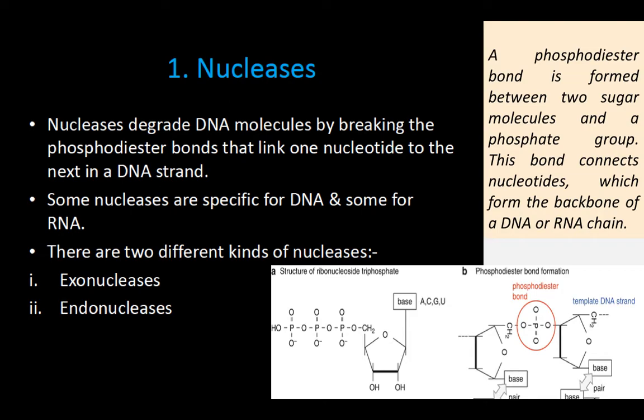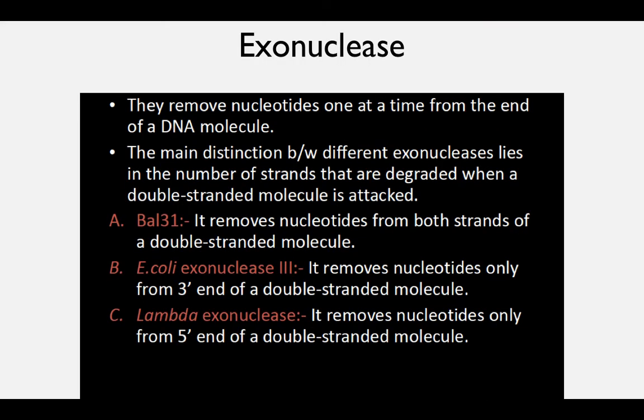What is the meaning of the word exo? Yes. Many of you are writing the answer. Yes. Perfect. Outside. Right? So whenever the nucleotides are going to be cut, this particular cut is going to occur from the outside. That means whatever your exonucleases are there, they remove the nucleotides one at a time from the end of a DNA molecule. They will cut from outside, right? What they try to do, they try to cut it from the outside, right?